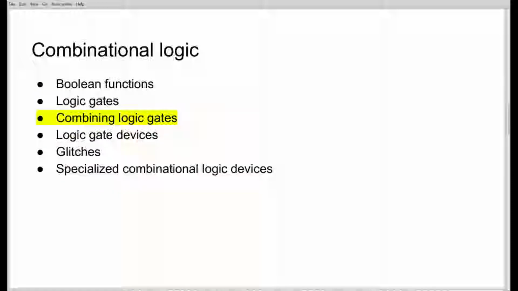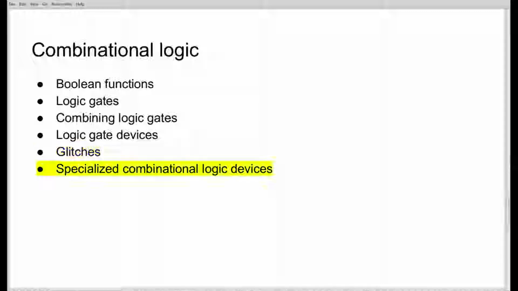We'll talk about how to combine logic gates together in order to implement Boolean functions of arbitrary complexity within a digital circuit. We'll talk about the various logic gate devices that are available in the standard series such as 74HCT. We'll talk about glitches, which are temporary invalid outputs that can be produced by combinations of logic gates due to